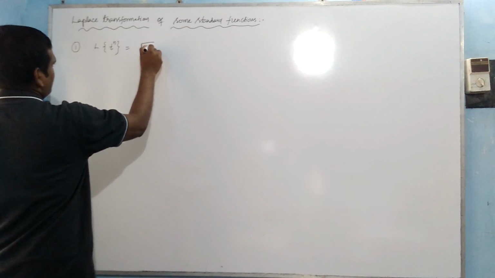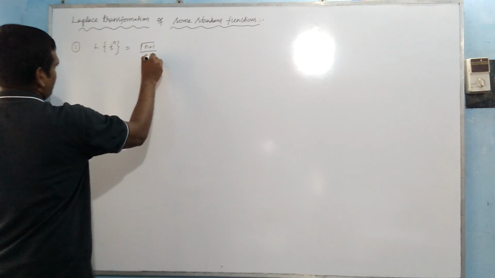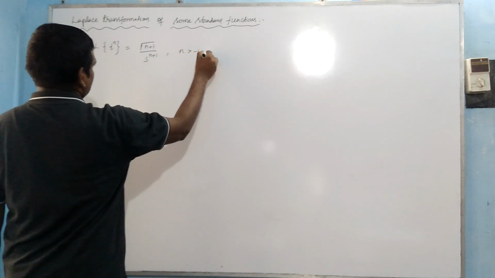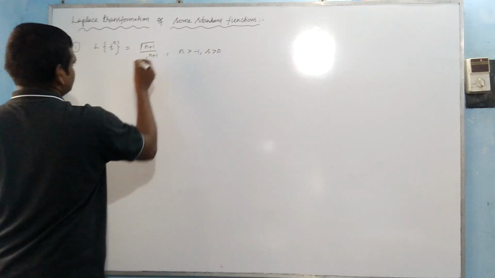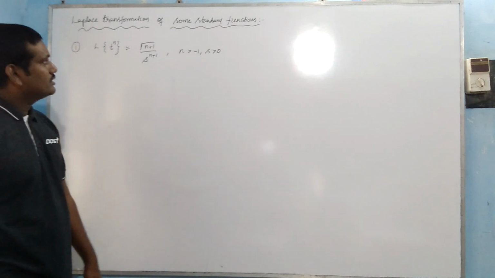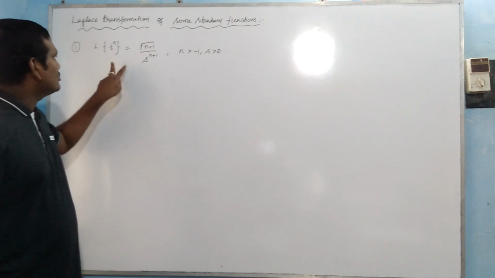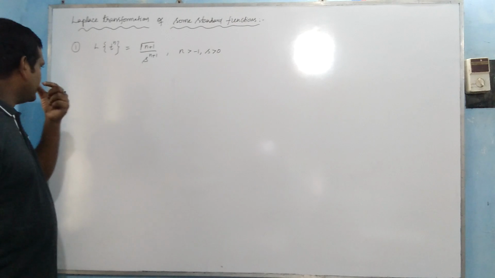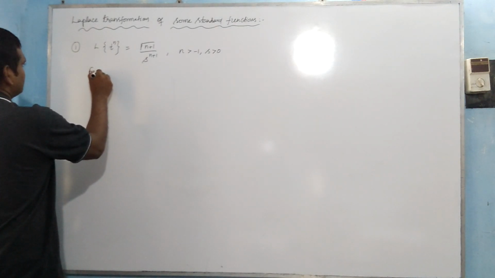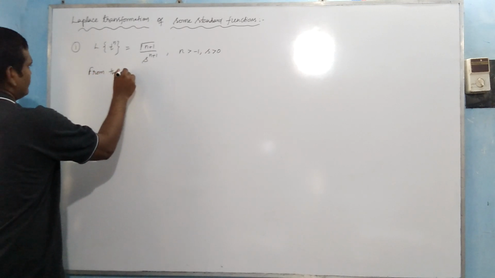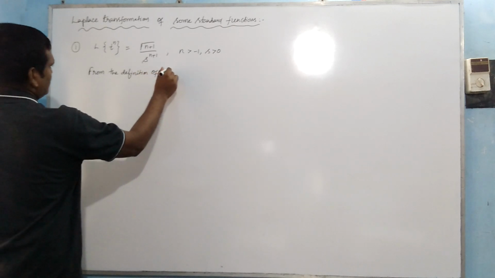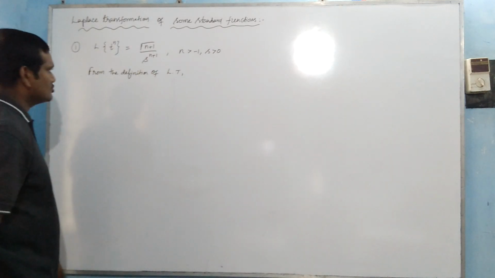gamma of n plus 1 by s to the power of n plus 1, where n is greater than minus 1 and s is positive. So now we have to prove this formula. Now from the definition of Laplace transform, we have